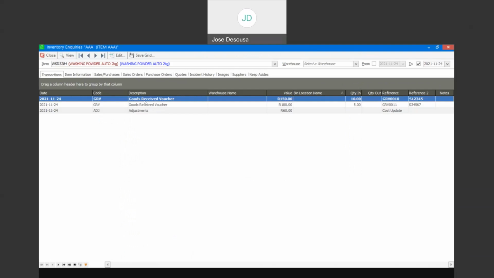And you'll see that we've got the initial goods receipt voucher being 10 units at 15, giving us a 150 total value. We then have 5 units at 20, giving us a total value of 100. And then due to the fact we made an adjustment on the manual cost, we then had a value of 60,